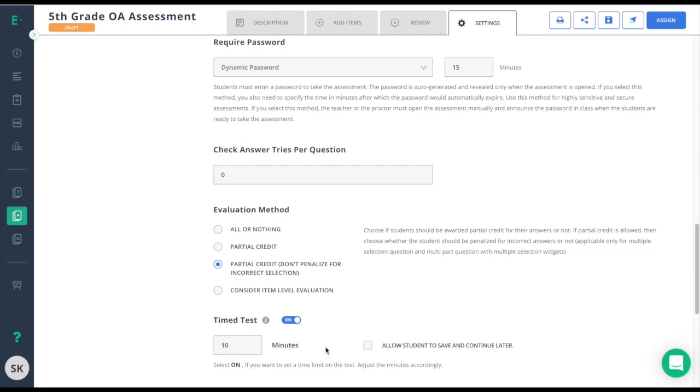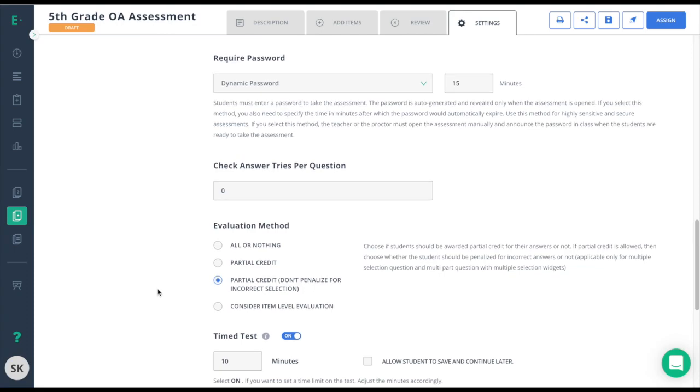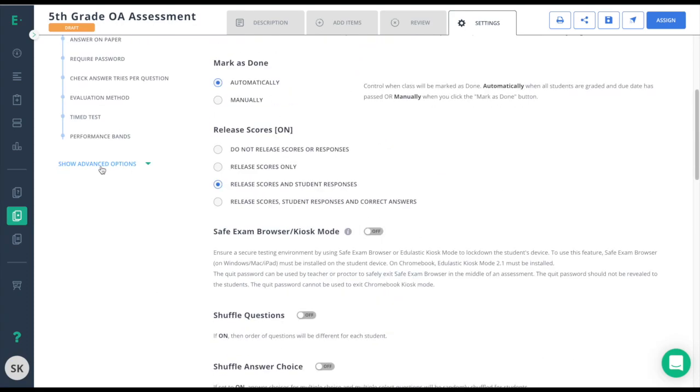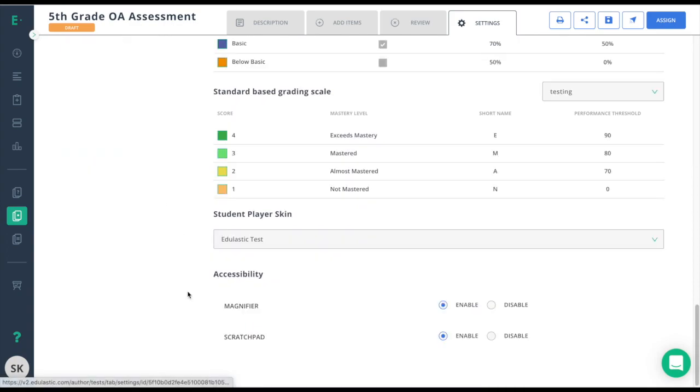This is especially useful if the students are in your class, as students might need to go to the office or go to the bathroom, and this will allow them to save and not lose out on any time on that assessment. As I scroll up to the top, I can click on Show Advanced Options and Student Player Skin,